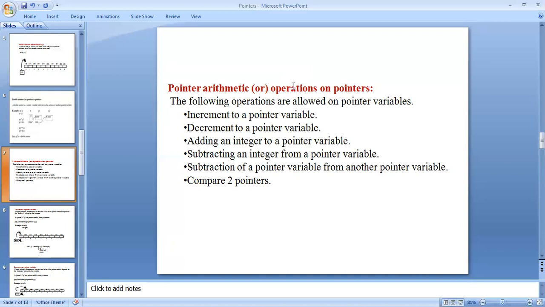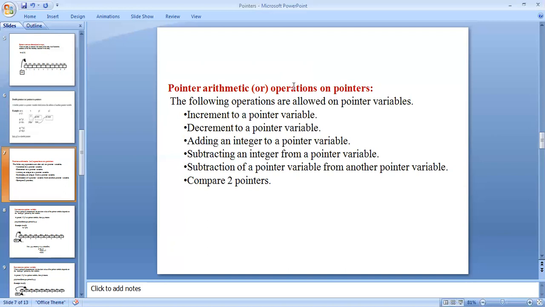Increment of a pointer variable means x equal to x plus 1, adding 1 in the increment. Decrement of a pointer variable means x equal to x minus 1.